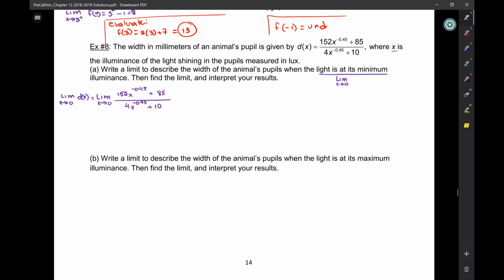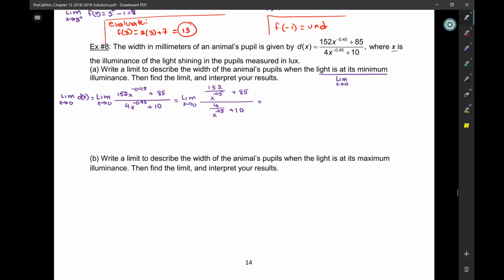So I've got X to the negative point something. So let me see what all that looks like. This is the limit as X approaches 0. Now, I can write X to the negative exponent as a denominator. So that'll be 152 over X to the 0.45, plus 85, divided by 4 over X to the 0.45 plus 10. This is equal to